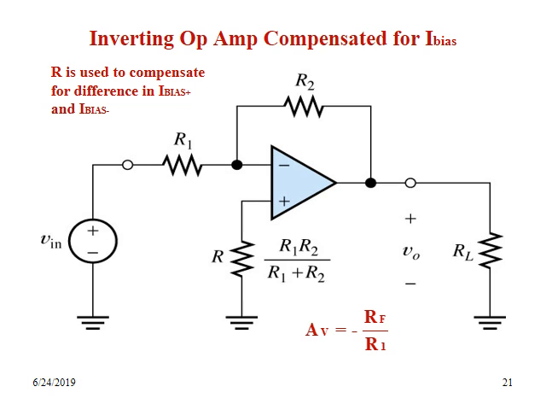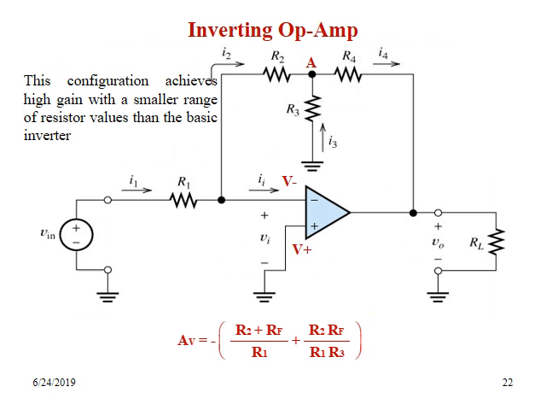Now, for bias current compensation, one small resistance is connected at pin number 3, which is the parallel combination of R1 and R2. This arrangement gives high gain with a smaller range of resistors. If we want the op-amp gain to be high, RF needs to be increased. To avoid using a high resistance value for getting higher gain, this kind of arrangement can be used, where the equation of voltage gain is as shown. So with low values of resistors, we can achieve very high gain.